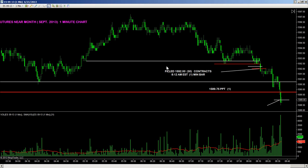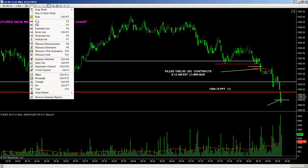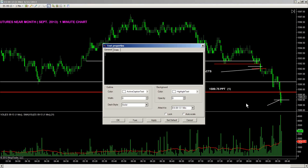So we were filled here at 1589 flat. A better fill than we had expected on a large bar down here. These prices may continue to move down. But in this case, getting out on a rally is what we teach here,